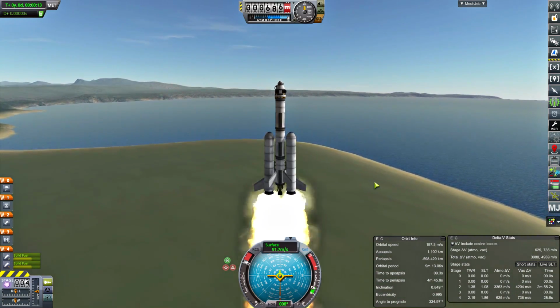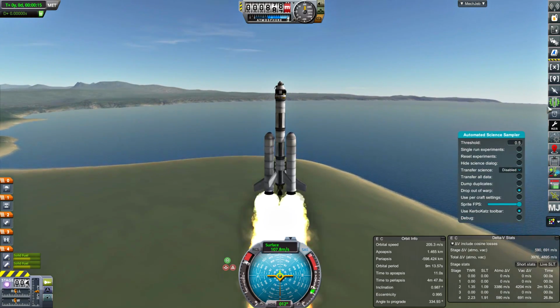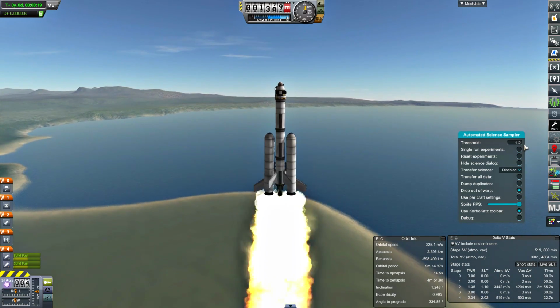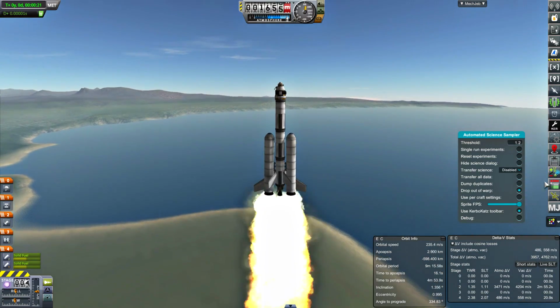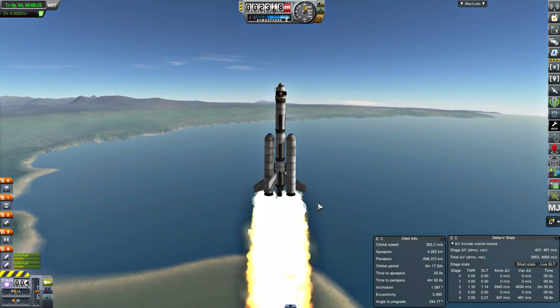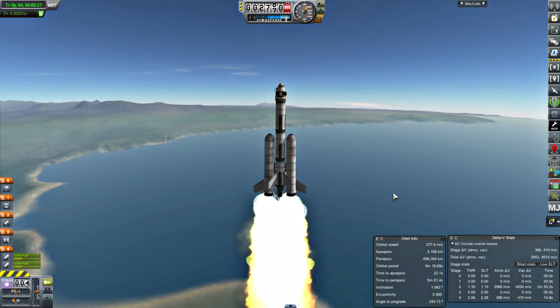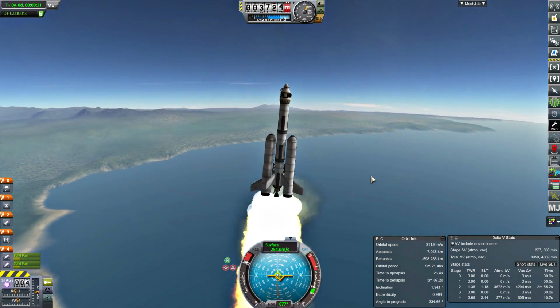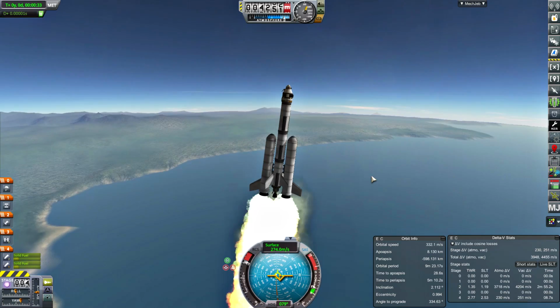So, I don't want it. We can bump up our threshold, I guess, to 1.2 science, so that no longer triggers. There we go. It's still on, right? Yeah, it's on. Okay. Hey, I kind of need my nav ball back. There we go. Let's turn over a little bit,